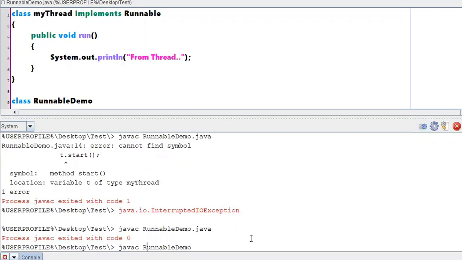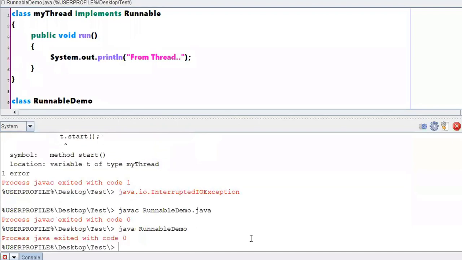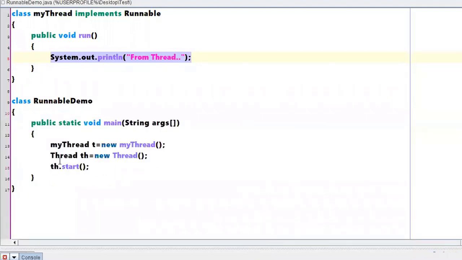Okay, let us check what might be the output if there are no errors. No output also. What's happening? Why is it not executing this particular job? What was the problem? The problem was a simple thing. See, you have created an object t.